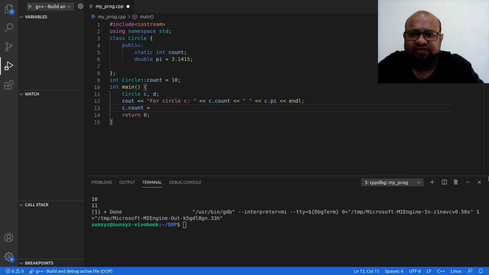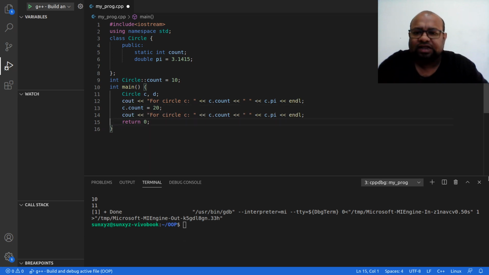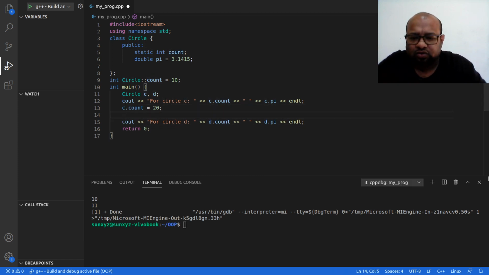Let me set this value to 20. It was initially 10. Now I have updated it to 20. After updating C dot count to 20, I am going to print the value for D. So I am going to print D dot count and D dot pi. And there is something else that I am going to do before printing for D. I am going to update C dot pi to some other number, 5.6789.